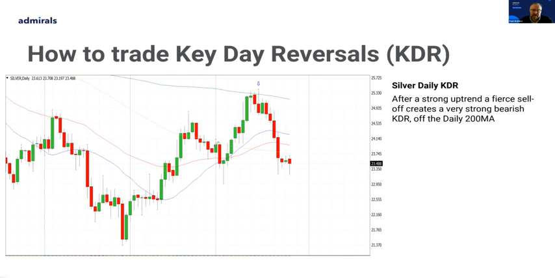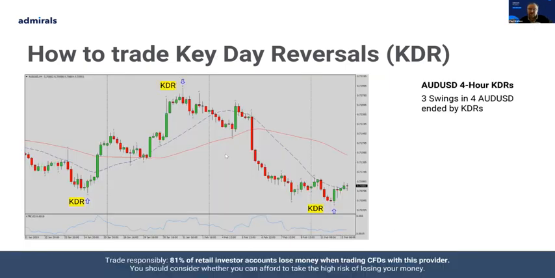So I've got quite a few examples here, not unsurprisingly, because I think more examples, different instruments, different timeframes give you an idea of how markets react and operate. This was Aussie dollar on the 4-hour chart. Price had rallied up a bit. It puts in one key reversal there before it drops down.